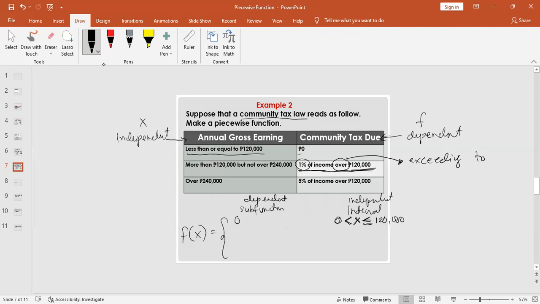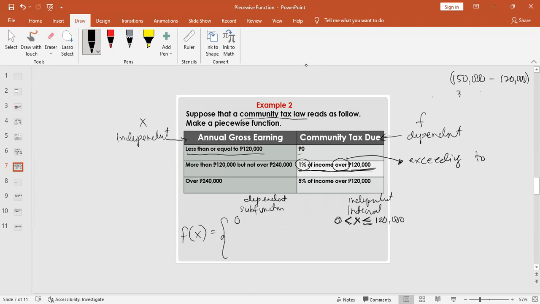Say for example, your annual gross earning is 150,000 pesos. Hindi itong 150,000 pesos yung kukunan ng mismong 1%. Hindi ganyan. Okay, kasi ang nandiyan, ang naka-indicate dyan ay exceeding to 120,000 pesos. So, ibig sabihin, kung ilan lang yung sobra sa 120, yan lang yung kukunan natin ng 1%. So, we have to subtract 150,000 to 120,